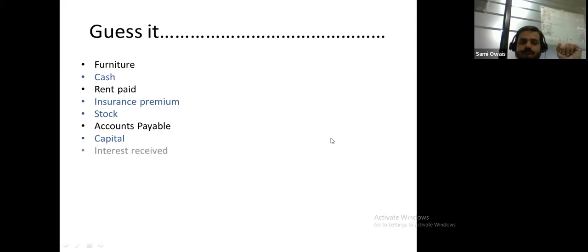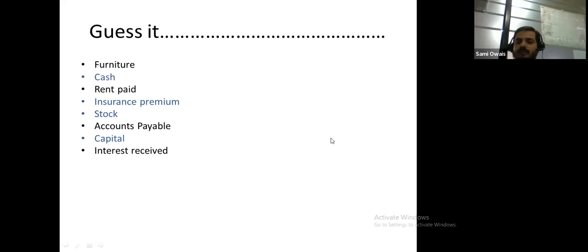Moving on. Interest received. Give me the reasons also, guys, when you type in the chat box. If you say that's an income, that's absolutely right. Income is not an asset, Shuja. This is income received. You are putting your amount somewhere and you are getting interest on that. So interest is an income, not an asset. The asset definition is whatever the company or the business is the owner of, tangible or intangible. This is a kind of income, right? Kalpana writes that income received is an indirect income. Yeah, it's an income, but